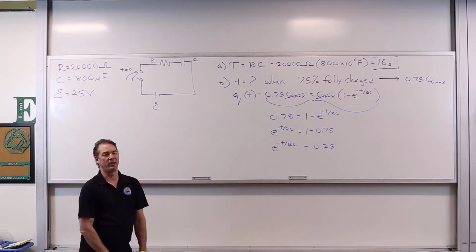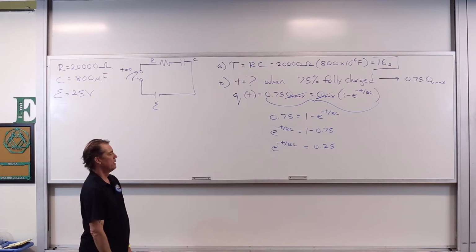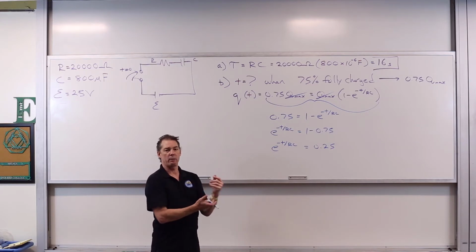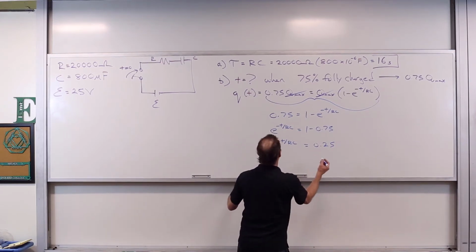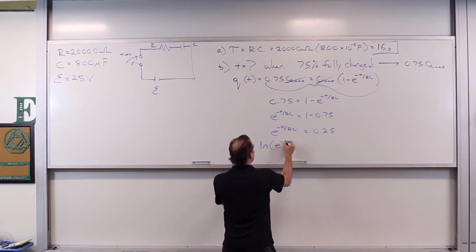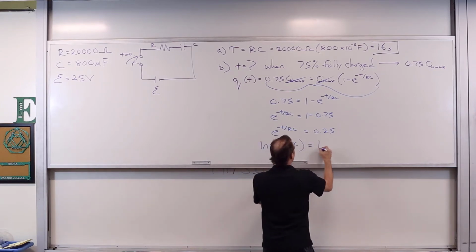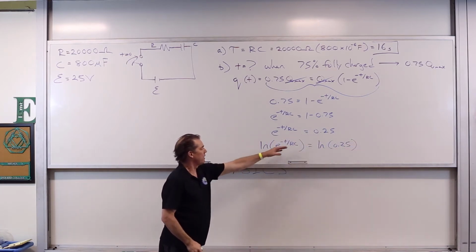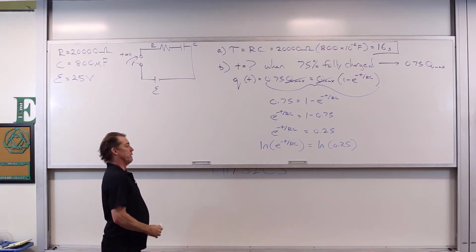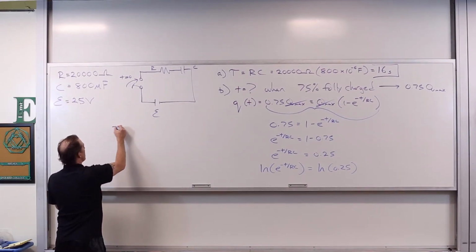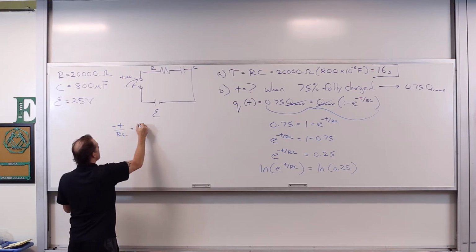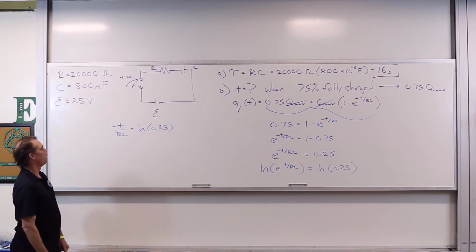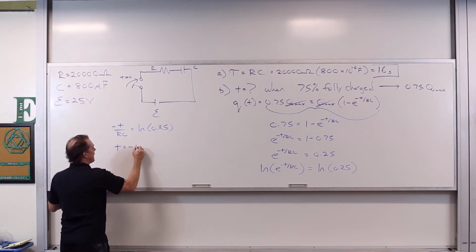And then we start isolating t. How are we going to get t by itself? Or at least get this term out of the exponential? And we use the inverse function of the exponential, right? Which is natural log. So we take the natural log of both sides. And we've got the ln of e to the negative t over RC is equal then to the ln of 0.25. So that's just a number, and the ln of e to the negative t over RC is equal to negative t over RC. So this becomes negative t divided by RC is equal to the ln of 0.25. And finally, we can solve this out for t, and we get that t is equal to negative RC